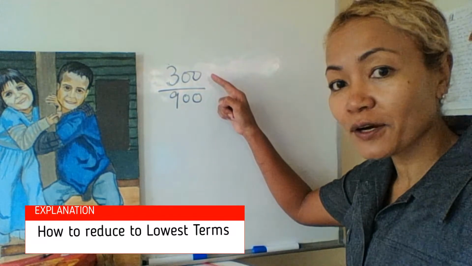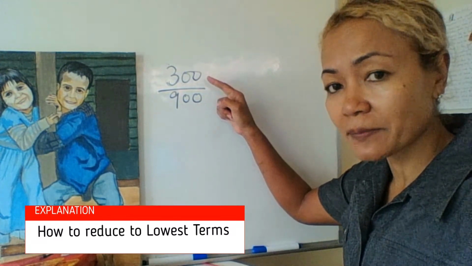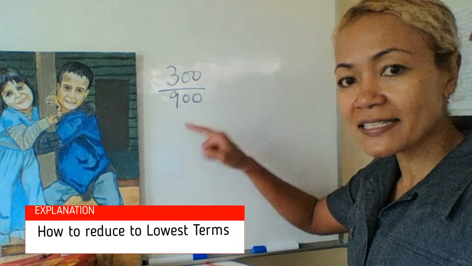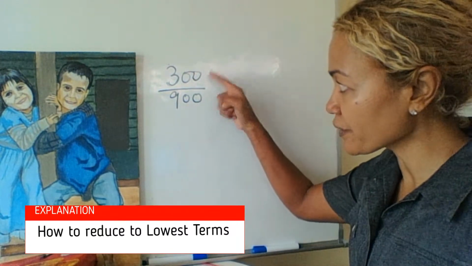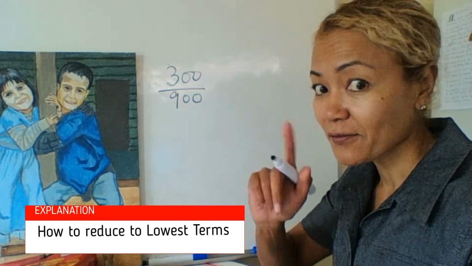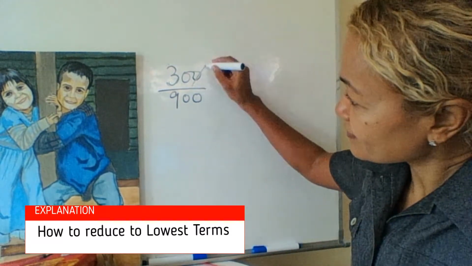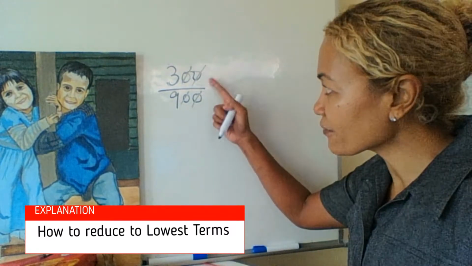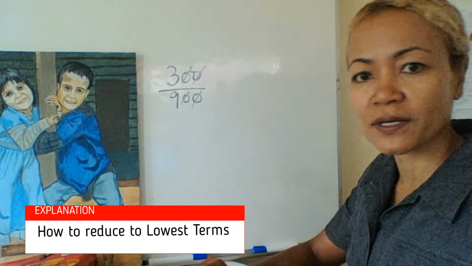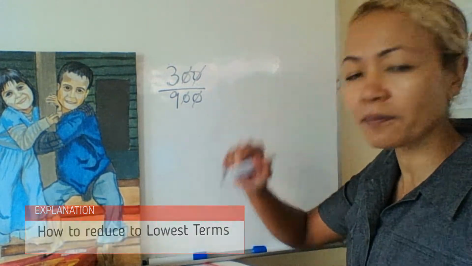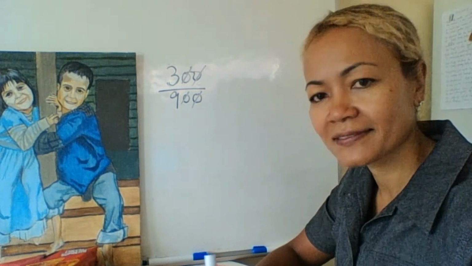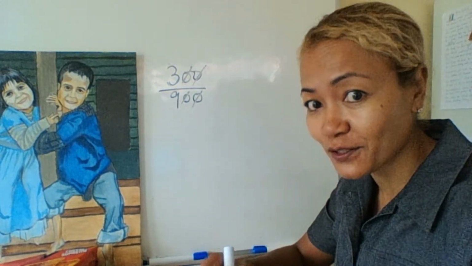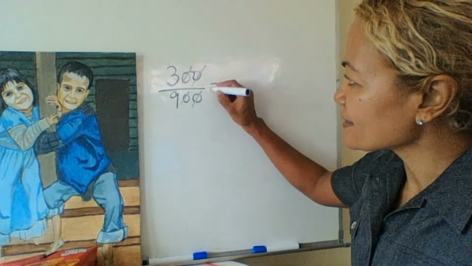The beauty of numbers which are multiples of 10 or 100 is that if they have the zeros after, both in the numerator and the denominator, there's a very quick trick: cross on the top and on the bottom. For every 0 on the top, you can cross 1 on the bottom. You've got 2 on the top, 2 on the bottom, you can cross them both out. Only cross if there's a matching 1 on the top. All right, so now you're left with 3